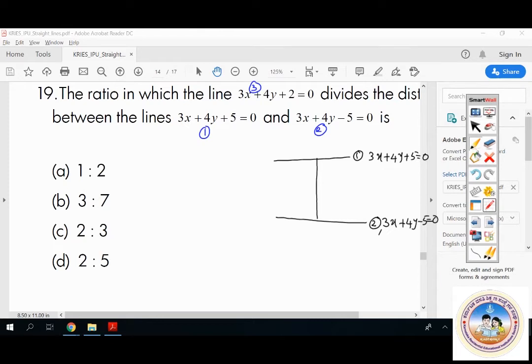So this is also parallel to these two, obviously the third line is going to pass through, right? So in between these two lines this is the line, right? So it is 3x + 4y + 2 = 0. ನೋಡಿ ಈಗ you can observe, ಇದು ಎರಡಕ್ಕೂ ಡಿಸ್ಟೆನ್ಸ್ ಕಂಡು ಹಿಡ್ಕೊಂಡ್ರೆ d1. So I am going to call it as d1. If you find the distance between these two, d2, a ratio of distances, so it is going to be the ratio of the point of division you are going to get.